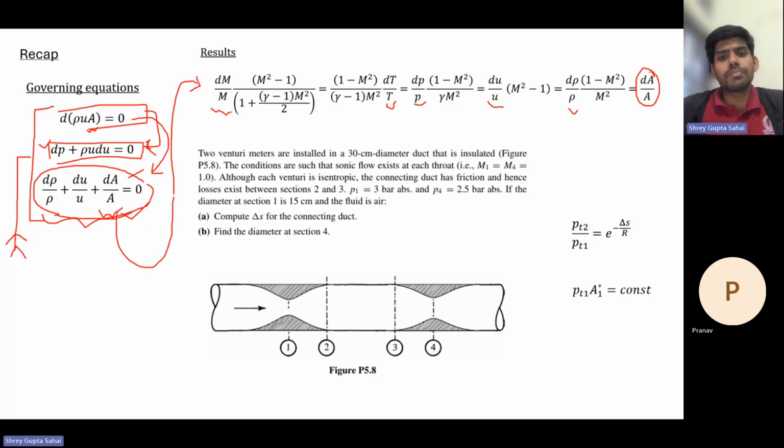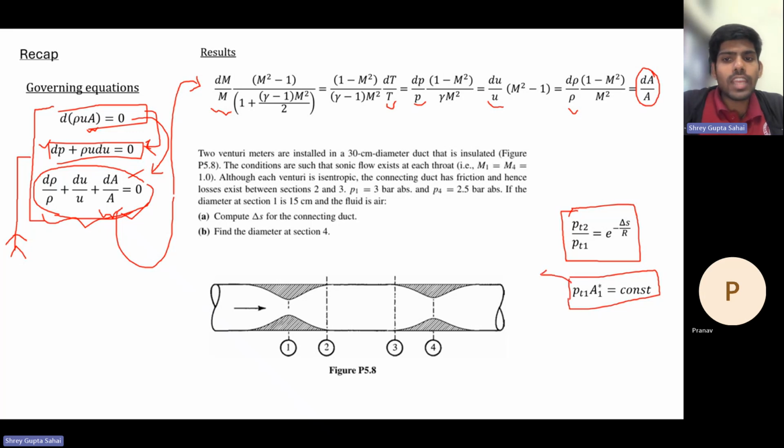The second problem we did was a numerical, and the whole point of that numerical was emphasizing two relations: that the total pressure loss is directly related to the entropy change that happens in non-isentropic flows, and we will also see, maybe I will emphasize it better today, that across a non-isentropic flow